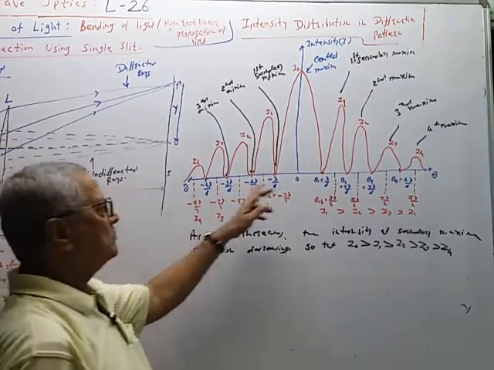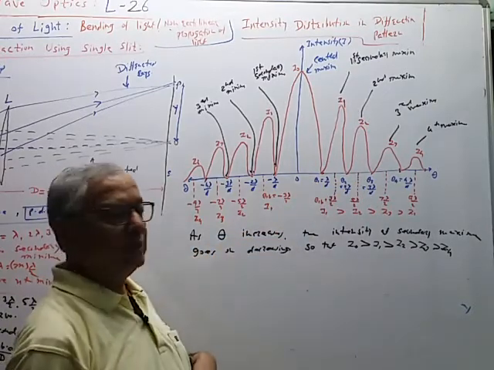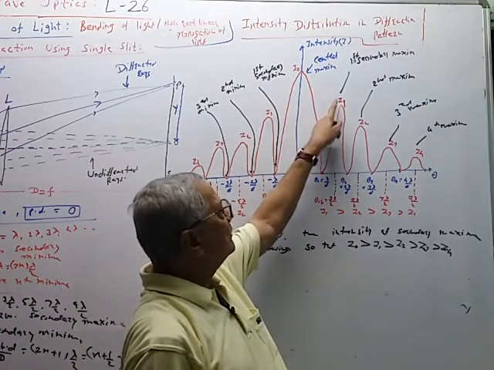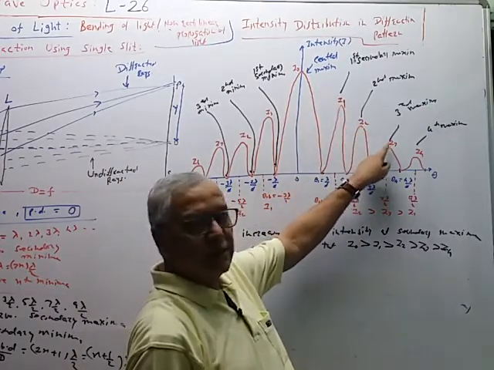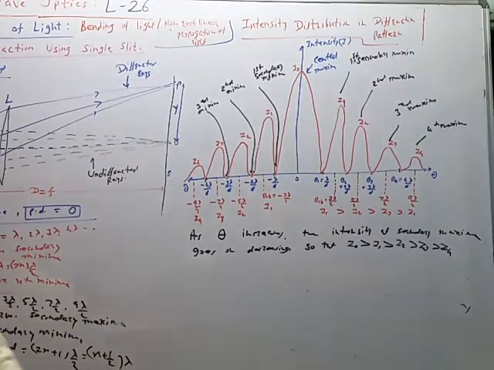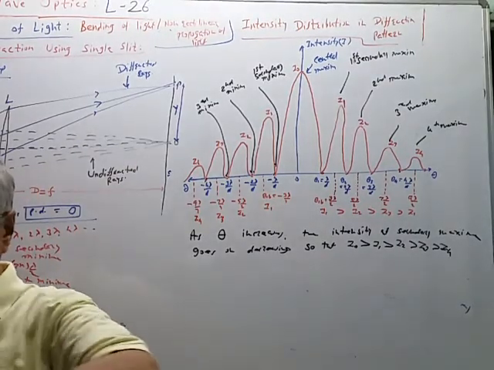And intensity is minimum for all the secondary minima. It remains 0, 0, 0, etc. In general, the intensity at the nth